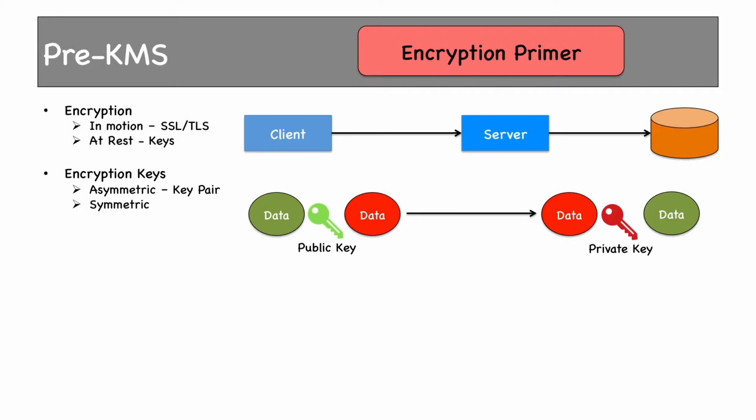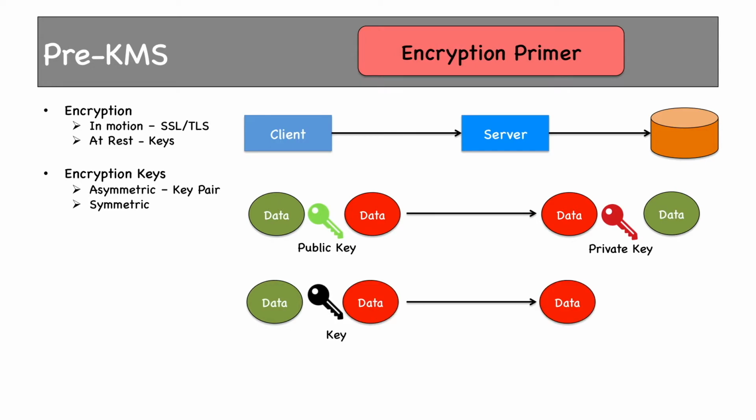Second type is the symmetric key. Using this, data is encrypted and decrypted using the same key itself. This is our data and a key can be used to encrypt this data and store it in the storage device. The same key can be used to decrypt this data as well. You must have noticed that encrypting data in motion with a symmetric key is not a good option, because if someone gets hold of this key, then all data can be compromised, because the same key is used to encrypt and decrypt data as well.